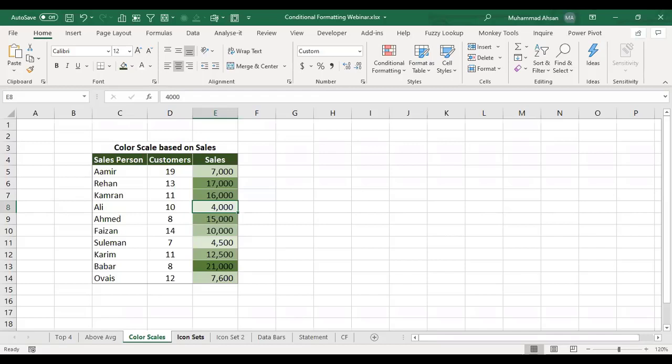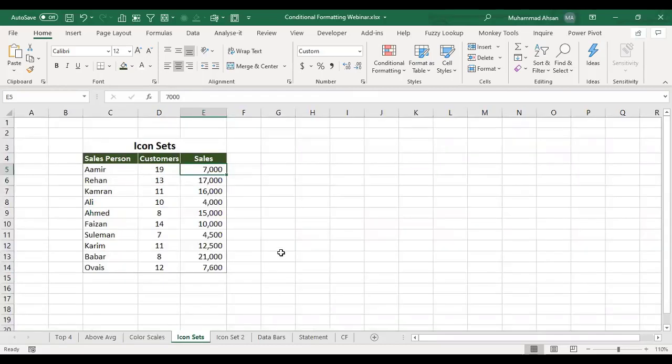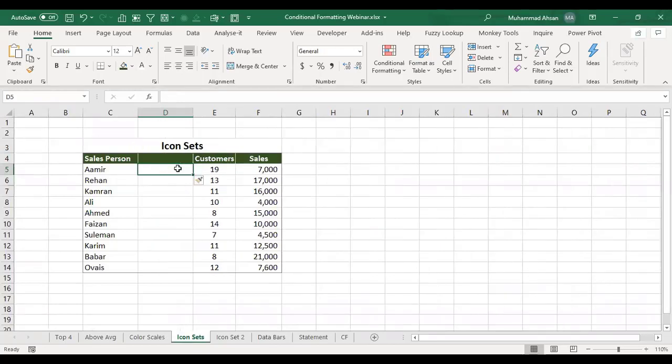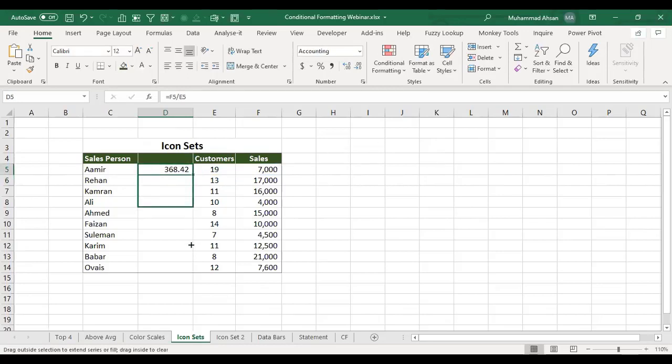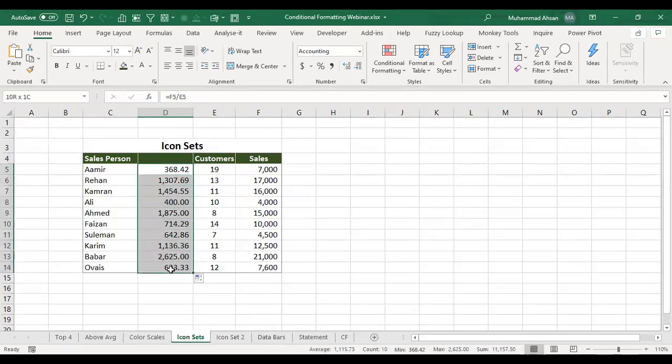Okay. Next, the fourth situation is how to work with icon sets. Okay, so this is again very interesting. For example, if I add one more column here and do a calculation, I want to apply a formula to derive sales per customer. It's very easy: total sales divided by number of customers will give you sales per customer, right? And on this sales per customer, we are required to analyze the data to see who is doing good sales or the lowest sales. So I will just select that column,